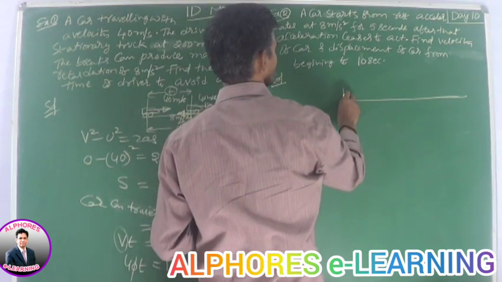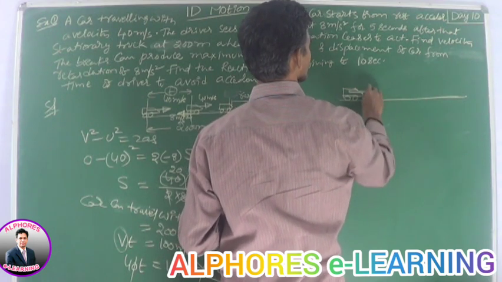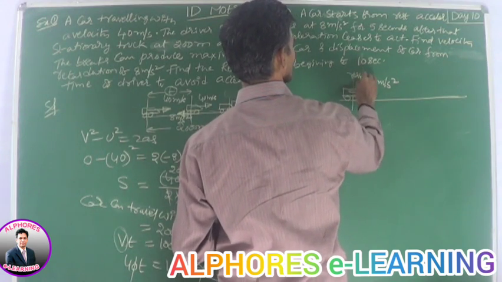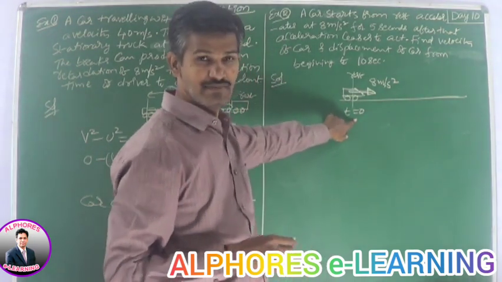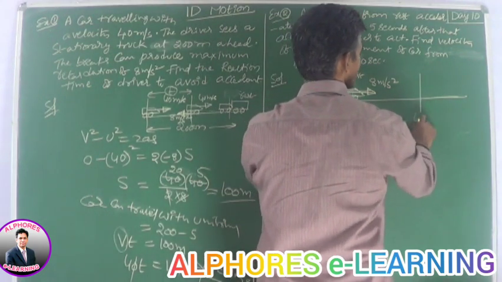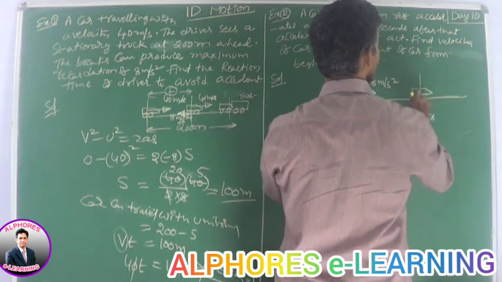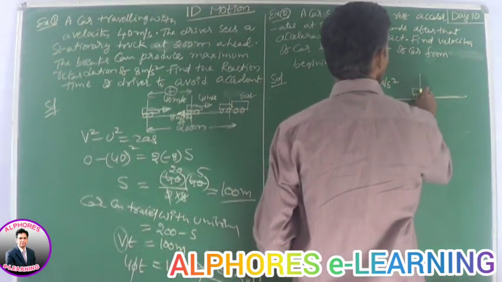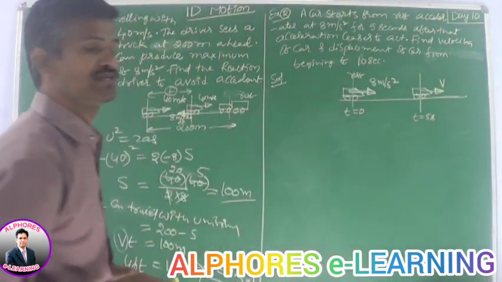This is the car. This car accelerates with an acceleration of 8 meters per second squared. It started from rest, and I am taking this point as t equal to 0. From here it travels for some time, t equal to 5 seconds. Due to this acceleration, the car attains a speed, some v. Thereafter, acceleration ceases. There is no acceleration.